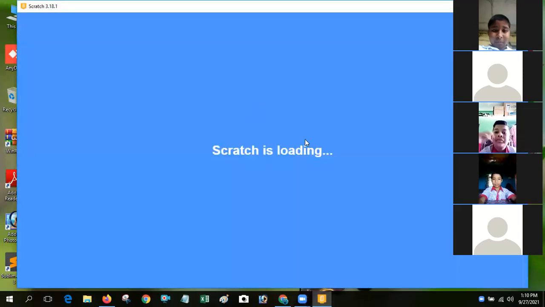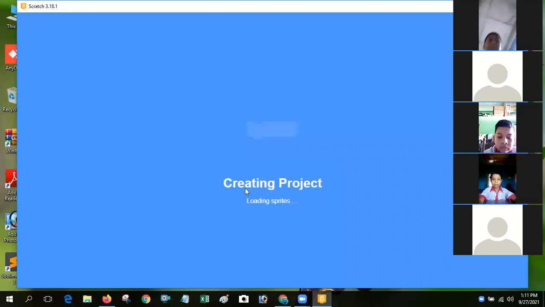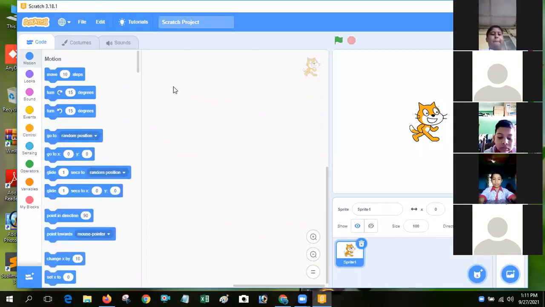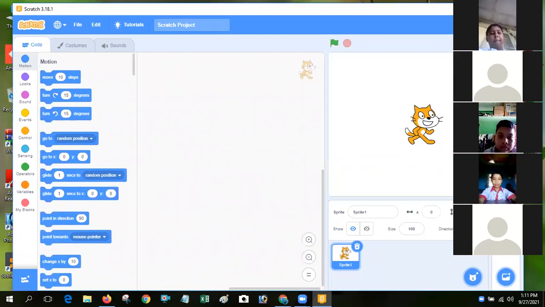My Scratch program is opening. Now you can see creating project, loading project. Now you can see my Scratch program is open.